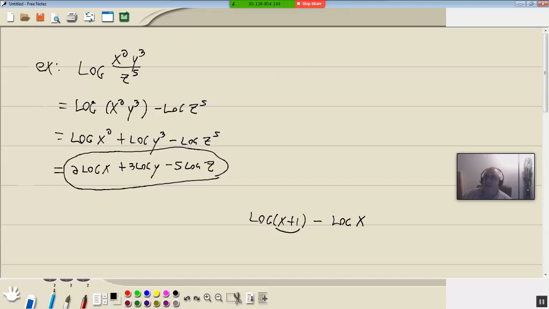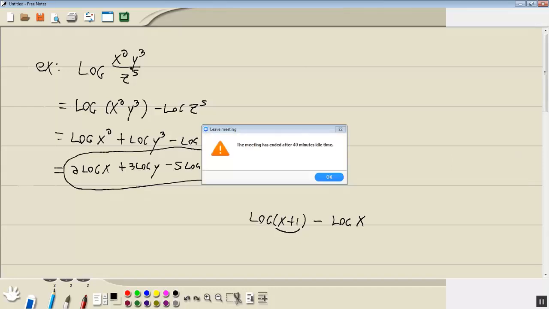Now this direction is used a lot in calculus. This is where you take a